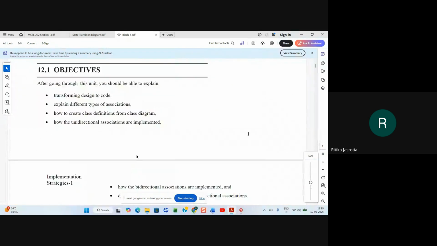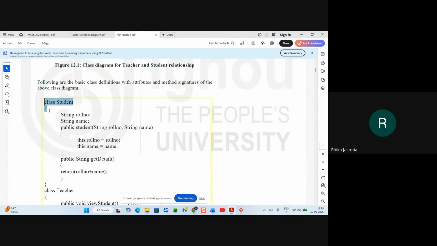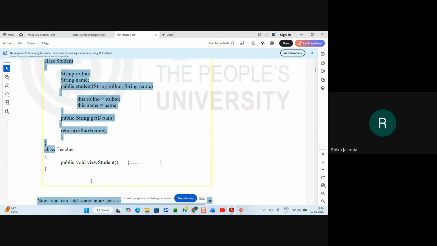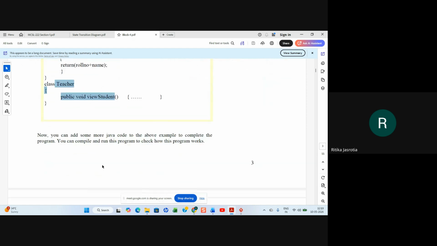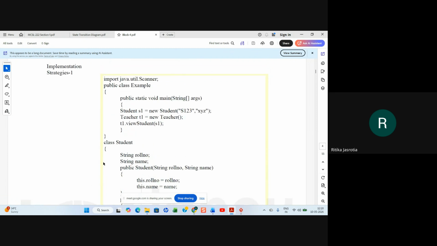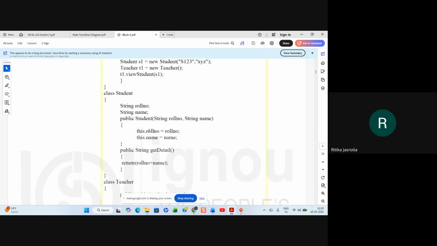No need to show any code for that. Only this implementation: student class is there, teacher class is there. Can you understand? Yes, ma'am. So student and teacher have a relationship. This is how they have shown you class student, and this is the constructor of the student class.